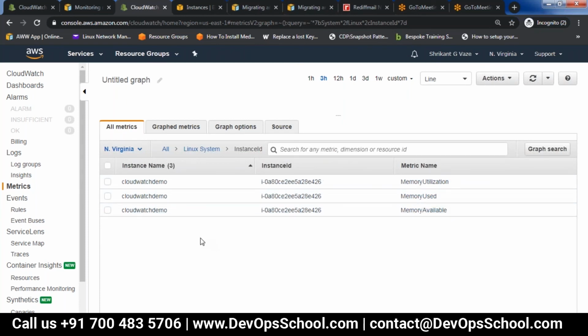So if you really want to monitor, you run the script periodically, put it in a crontab, and you can do it. Okay, so this is how you can monitor something from inside EC2. But by default, due to the shared responsibility model, all the tools will never go beyond the hypervisor. They will not do anything inside your EC2. If you want to really monitor, you have to put an agent like this. Okay, fine. So that is about metrics. For all the services, there will be different metrics that will be kept.